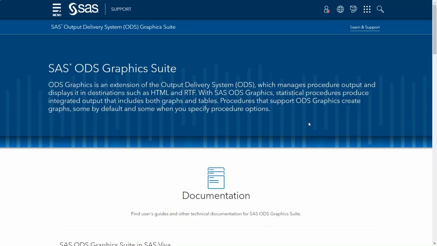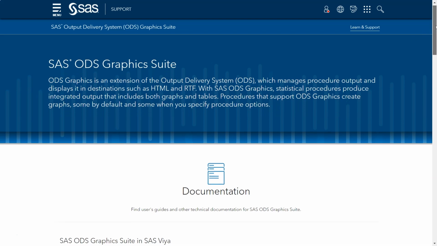From there, there's numerous different pieces of documentation. What we are going to focus on is the ODS Graphics Procedures Guide. In that guide, you will find the documentation to all 5 of the procedures that we are looking at in this presentation. At this point, I've already gone to a web browser and did a search on ODS Graphics Suite. Here is the web page that it has taken me to, and this is the documentation page for the ODS Graphics Suite. Later in this presentation, I will supply you with the link.